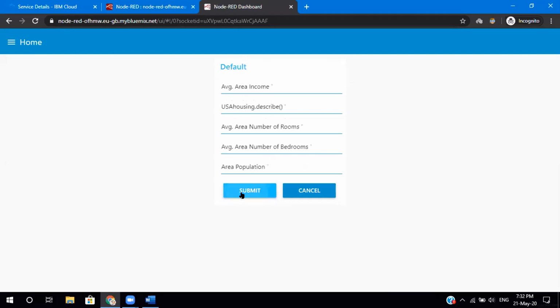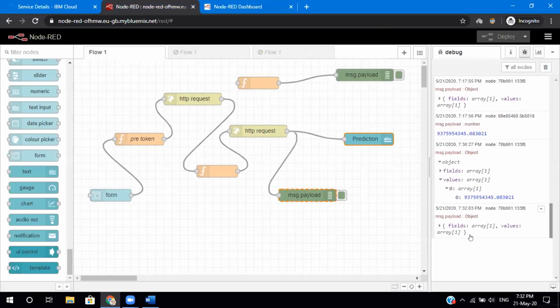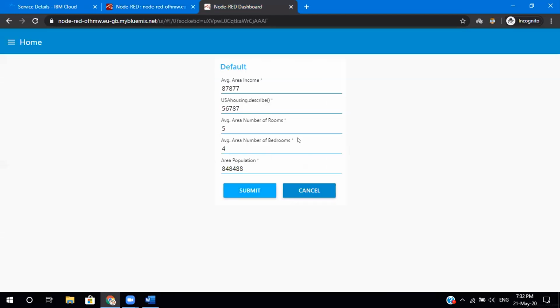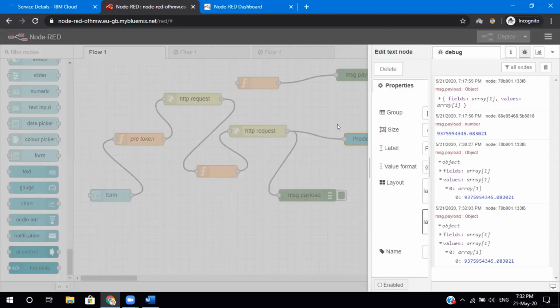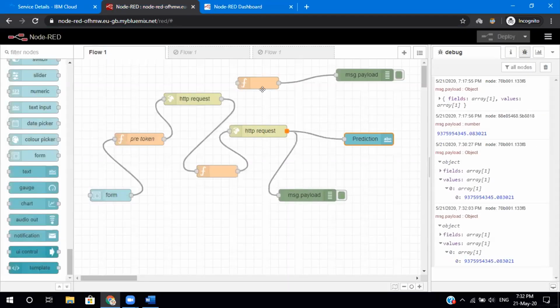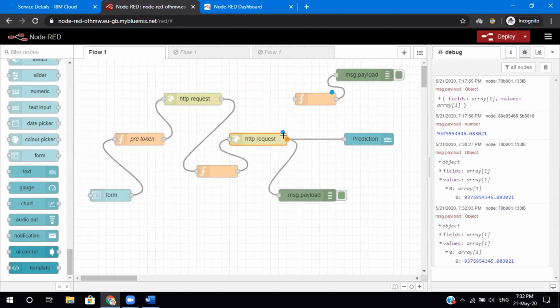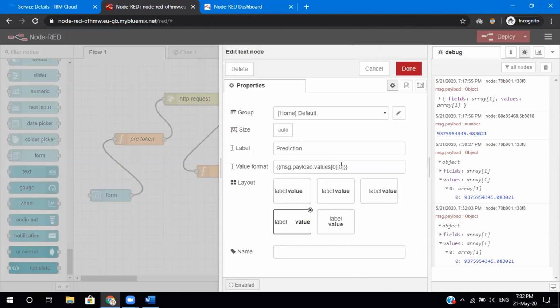So write something, and you don't see the prediction here. We're supposed to see a prediction here. Anyway, fine. So for now, I'm going to connect it back. You will get the result directly from there as well. Just make sure you're doing it properly.